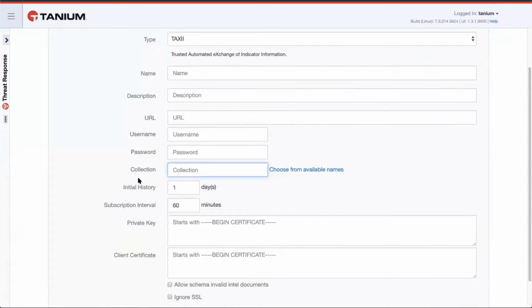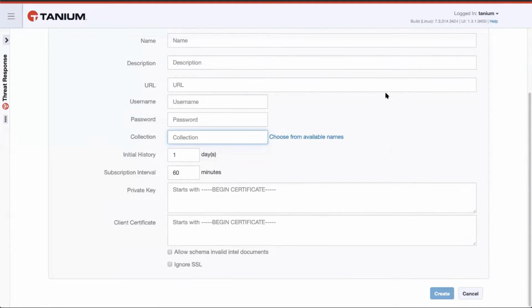What I've also found in many cases is that you want to make sure you look at the initial history you're bringing back. A lot of times, within that collection, say they have 5 years' worth of intel. If it only says 1 day, it's only going to take anything that's been modified and changed in the last day. So keep that in mind. If you're trying to bring in a TAXII feed of different types of IOCs, maybe look at it as, I want everything good in the last 180 days, 90 days. What will happen is once that TAXII feed brings in the indicators, it will actually create that for you as an